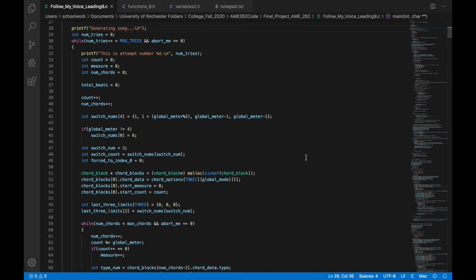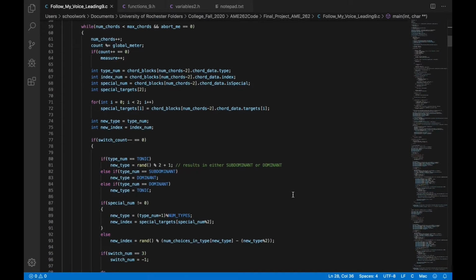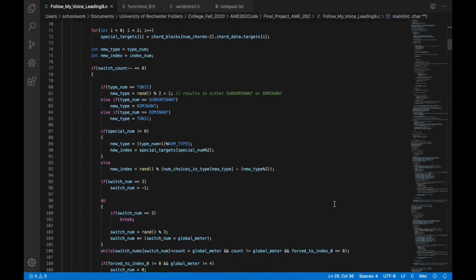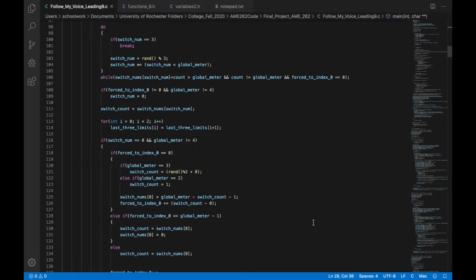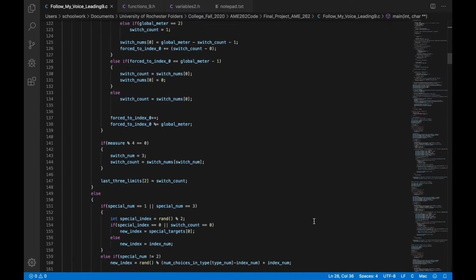So this is the part of the code where most of the generation occurs. Every song starts the same way, but after the first chord, things start to diverge. All through here, you have the part of the code where the rules are to determine what types of chords can and cannot be selected. All the way through here, the code follows those rules and eventually